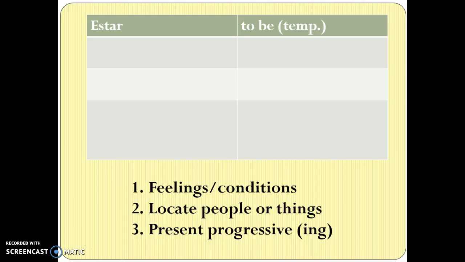It also is very temporary when you locate people or things, because people walk around, they drive around, things move, they're in your backpack, on the table, on the floor, in your locker, at home. So things definitely move, people definitely move. And also, you use it when you're talking about present progressive, which is writing an ing sentence, because that is expressing the immediacy that you are doing something right now. I am talking right now.